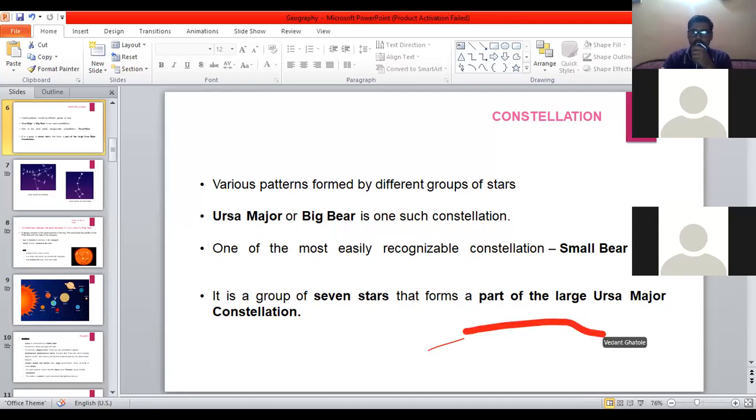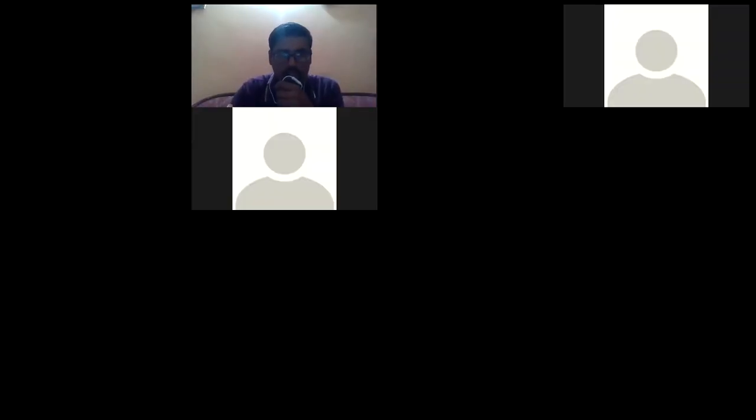So NASA and other companies have designed some kinds of tools for that. As you can see, I'll stop sharing the screen first, and then I'll show you how it basically differs from that particular scenario.